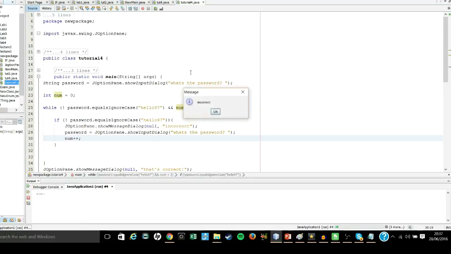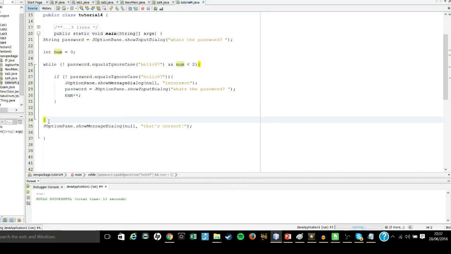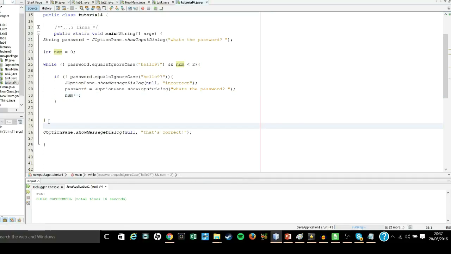So if I get this wrong 3 times, it only gives you 3 attempts, but it came up as that's correct because that's outside the loop. This needs to be put in another if statement. So if the password is correct, it will print out that message at the bottom,